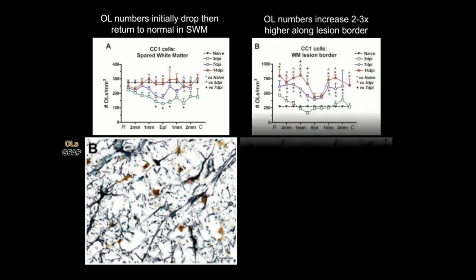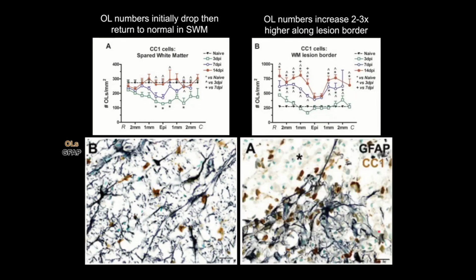And in this image, you can see cells labeled for oligodendrocytes in brown and astrocytes in black. Interestingly, along the lesion border, so the area that's right along the lesion, so this would be that contusion area above, this is spared tissue. This lesion border had massive amounts of new oligodendrocytes. So not only did they not really drop that much by 3 days post-injury, over the next 2 weeks, the NG2 cells divided and differentiated to such an extent that we had significantly more oligodendrocytes along this lesion border compared to before injury. And you can see that here with all this cluster of brown cells along the lesion border within this astrocyte scar. So oligodendrocytes do seem to be replaced after injury, at least acutely, and this seems to be a very robust reparative response.